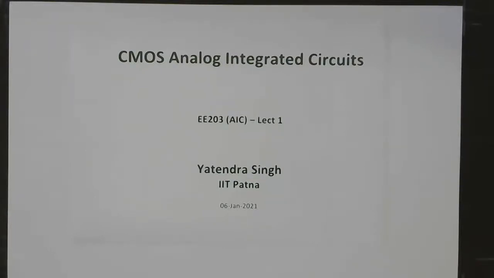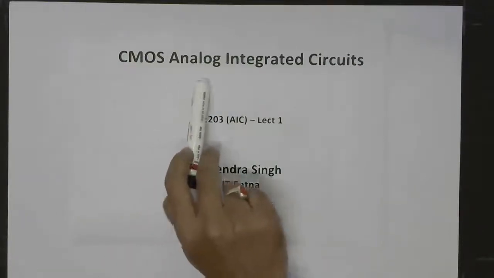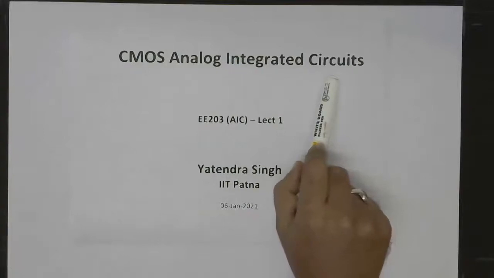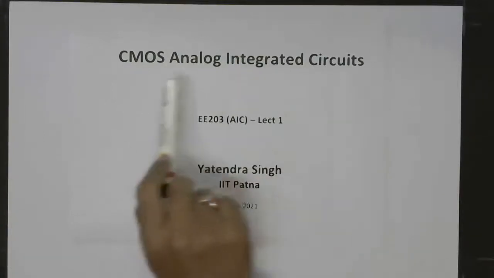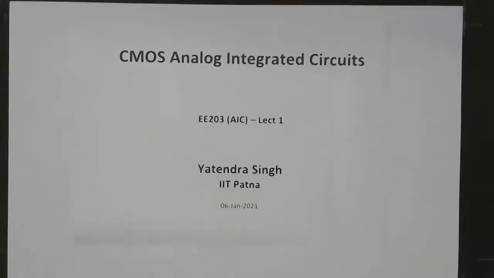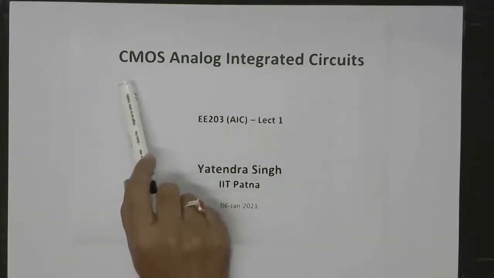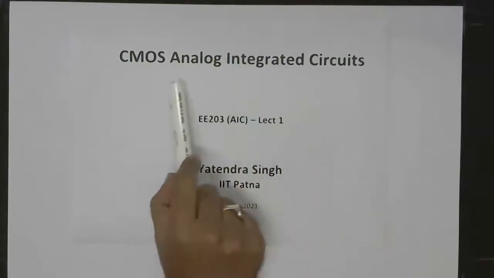So welcome to this course E203 on analog integrated circuits, and all the circuits will be implemented using transistors which are called CMOS. So this is an introductory class on this course, and in this lecture we will see in detail the meaning of each of the words in the title of this course,